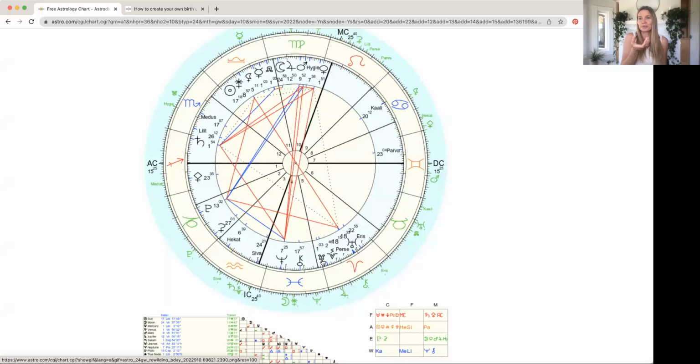Upside down horseshoe, that's the south node. Actually, I don't know what is upside down horseshoe. When it's a U, that's the south node. When it's an N, that's the north node. Easy to remember. So I would look at these points and I would look for the red lines, the blue lines,